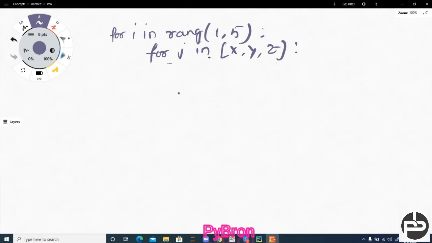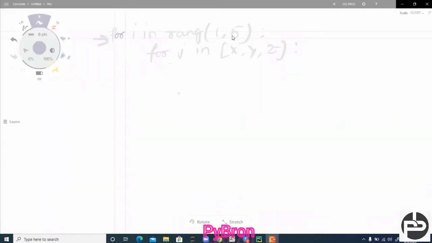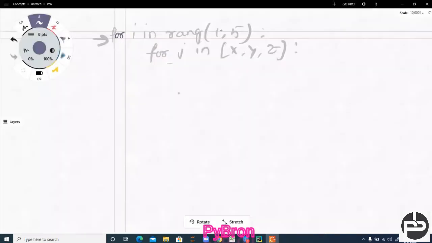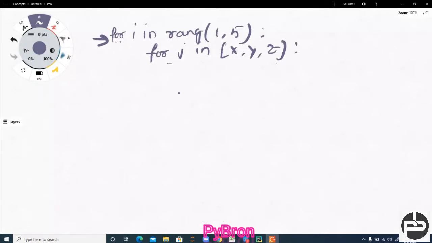For j in x, so first execution will start from this line. I in range of 1, 5, so i will be 1, no doubt, and it will go inside this loop.